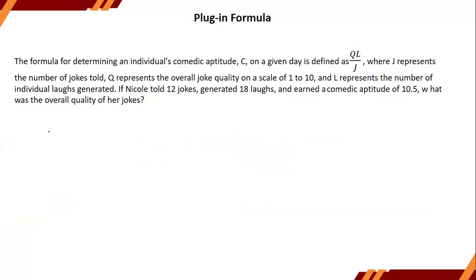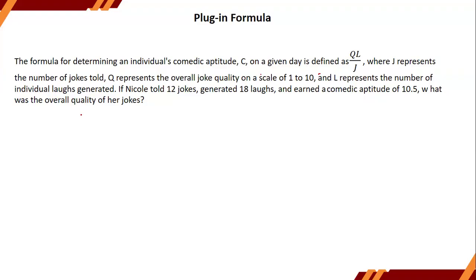All right, let us do this question. The formula for determining an individual's comedic aptitude C on a given day is defined as QL by J, where J represents the number of jokes told, Q represents the overall joke quality on a scale of 1 to 10, and L represents the number of individual laughs generated. If Nicole told 12 jokes, generated 18 laughs, and earned a comedic aptitude of 10.5, what was the overall quality